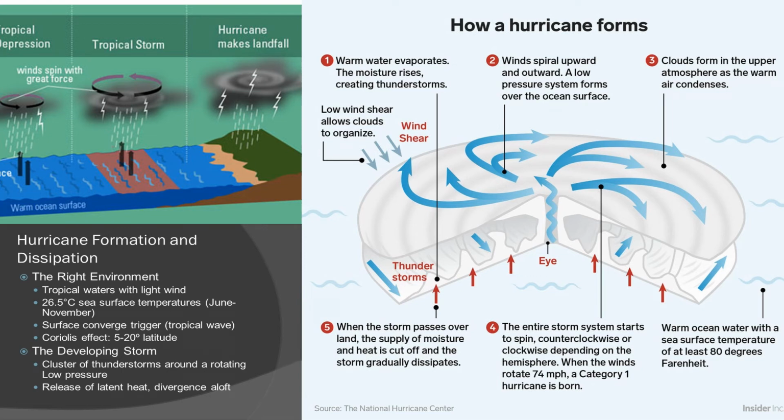So, hurricane formation: the right environment. Hurricanes form over tropical water where the winds are light, the humidity is high in a deep layer extending up through the troposphere, and the surface water temperature is warm, typically 26.5 degrees or more, over a vast area. These conditions usually prevail over the tropical and subtropical North Atlantic and Northeast Pacific Ocean during the summer and